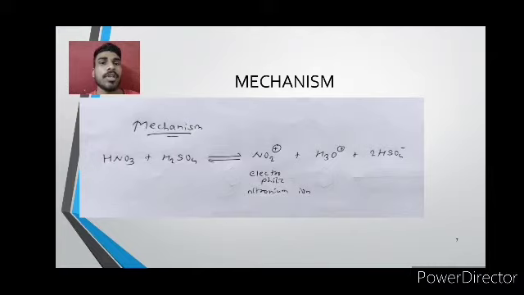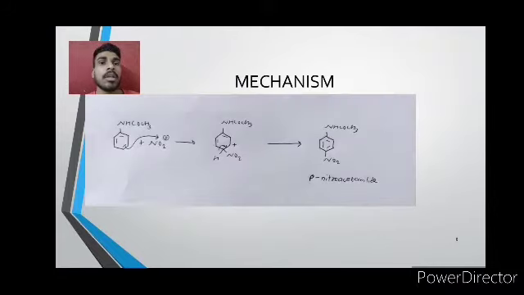Here, first of all, nitric acid is treated with sulfuric acid, and the reaction between them results in the formation of an electrophilic nitronium ion, which is NO2+. That nitronium ion gets attached at the ortho and para position of the acetanilide. The doubly bonded carbon of the benzene ring gets attacked by the nitronium ion, which attaches at the para position and forms para-nitroacetanilide by losing a proton and restoring the double bond of the benzene.